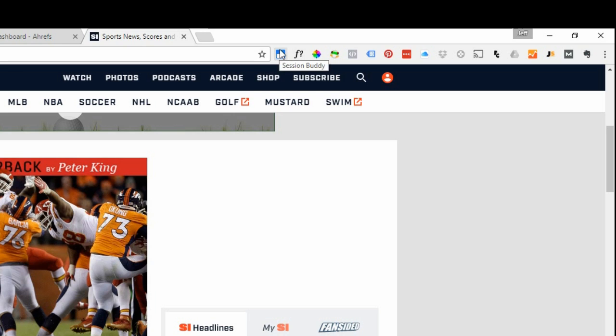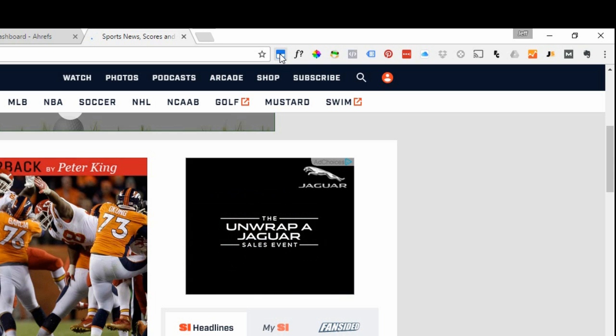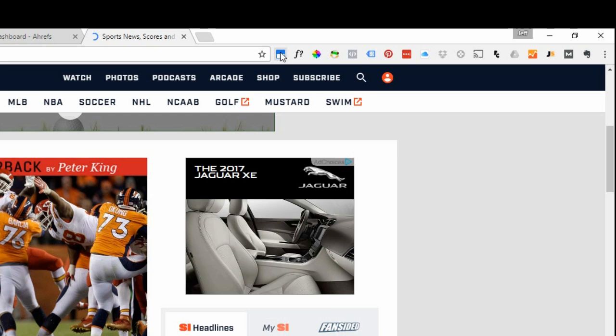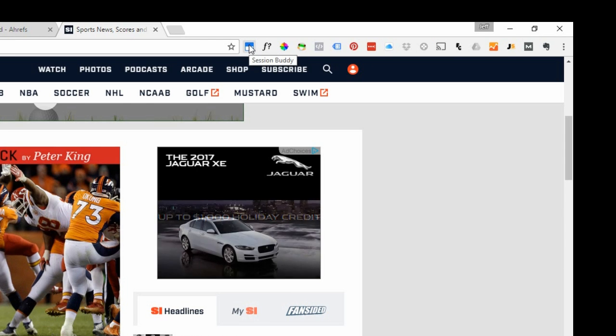One thing I use is Session Buddy, which captures all of my multiple Chrome windows and all the tabs that I have open, so that I can save those configurations, and if I close my browser I can get back all those tabs really easily. And sometimes I'm like a tabaholic. I might have 100 tabs going across, which is crazy,